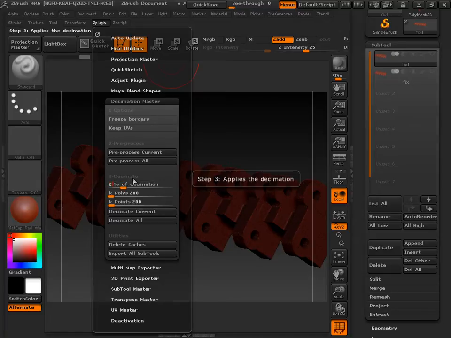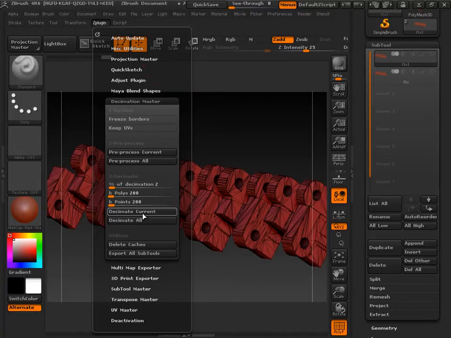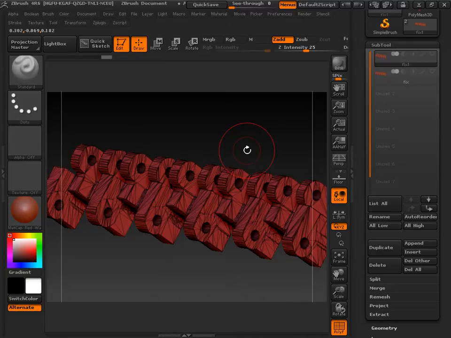I'll say 2% and hit Decimate Current. I now have a perfect piece for 3D printing. This is the best piece you'll find because it has no flaws and no internal problems. It's awesome. The problem is it's